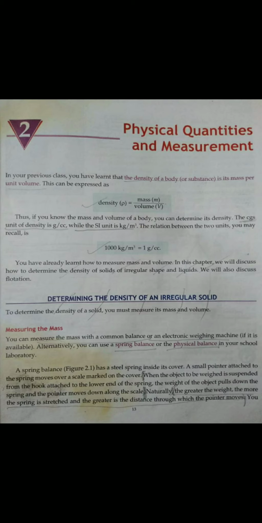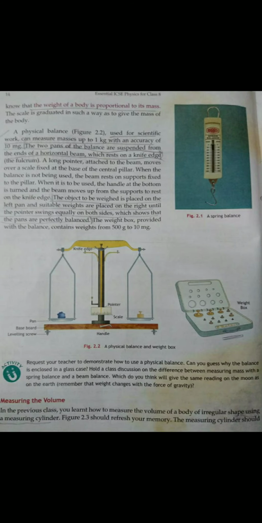Then in order to measure mass, we have certain equipments for that. For example, very ordinarily you might have seen the common balance that the vegetable vendors have, that taraju, right? Besides that, we have spring balances or physical balance in laboratories, or you might have seen in grocery shops they have electronic balances, right? So first of all, we need to study about the spring balance.